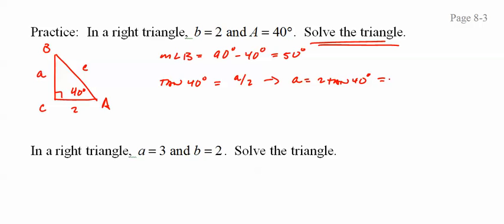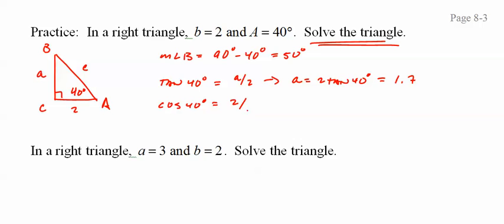So now on my calculator, I go 2 tangent of 40. Make sure your calculator's in degrees. I get 1.7, and I like going with 1 decimal place. Now I could do a squared, b squared, c squared, but I like to use my original information. So I'm going to do cosine of 40 equals 2 over